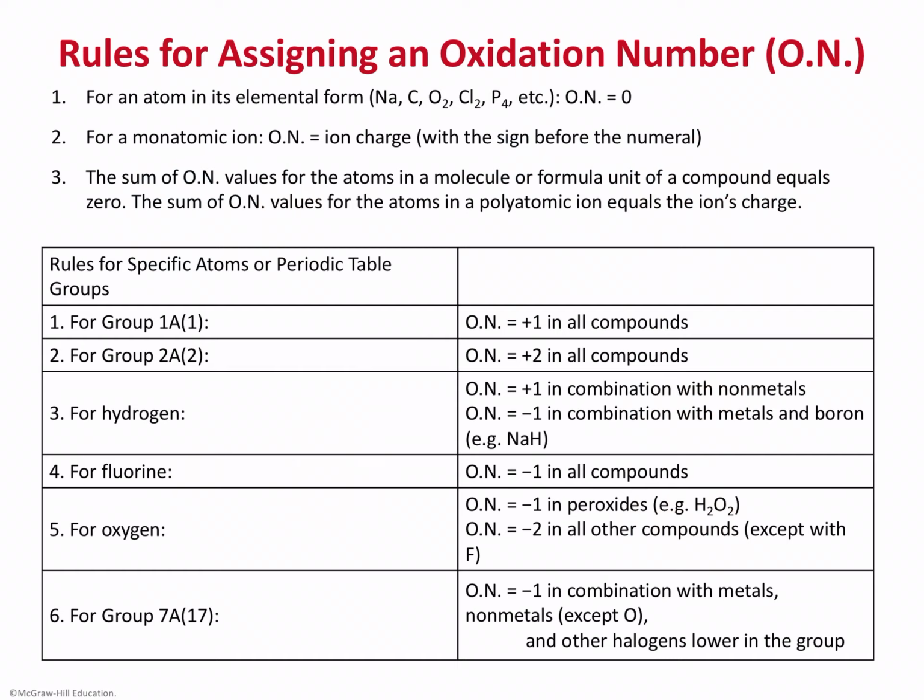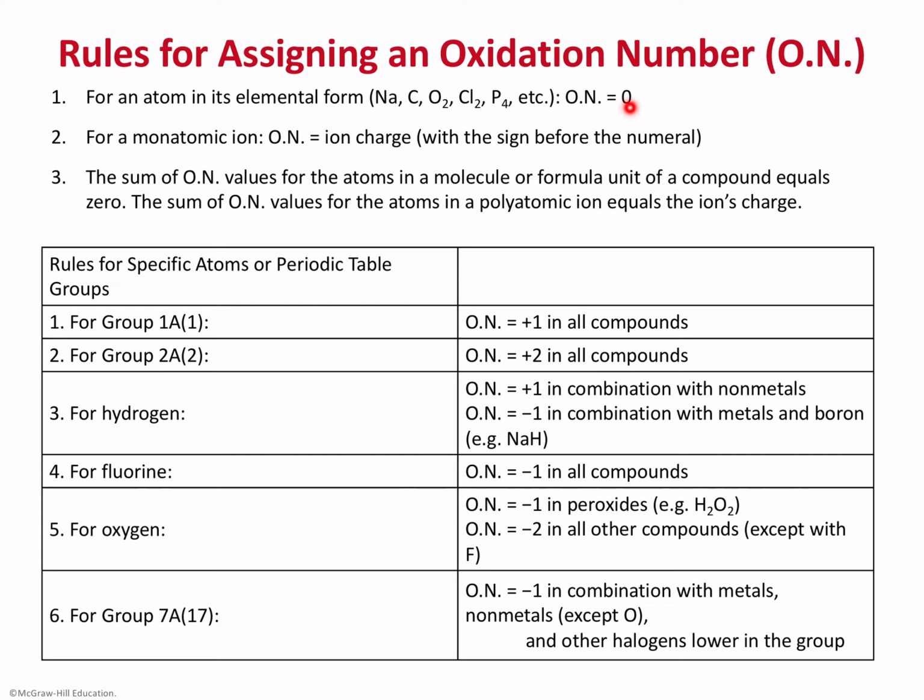And there are some rules that we use to assign oxidation numbers. For an atom in its elemental form, meaning if you just find an atom the same way that you find it in the periodic table, its oxidation number is 0, meaning it has not formed a compound. It is by itself: sodium without forming any compound, carbon, magnesium, phosphorus, all of those,